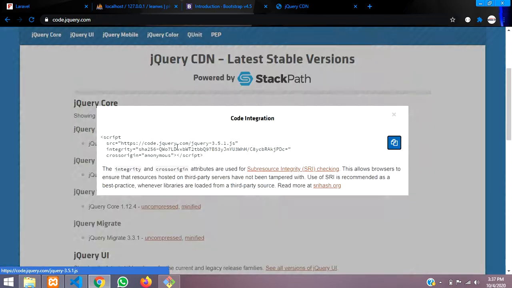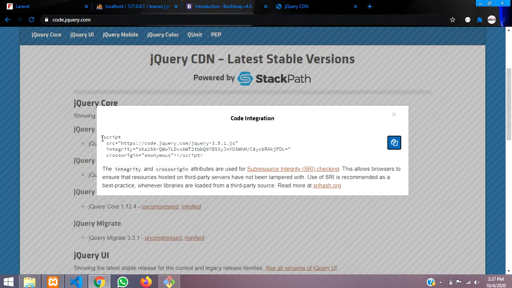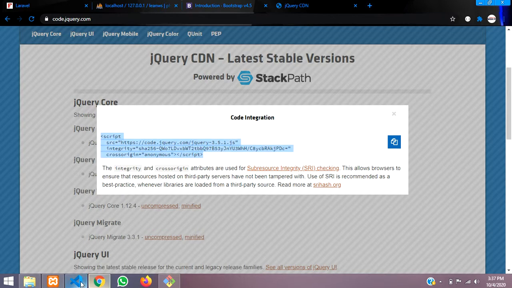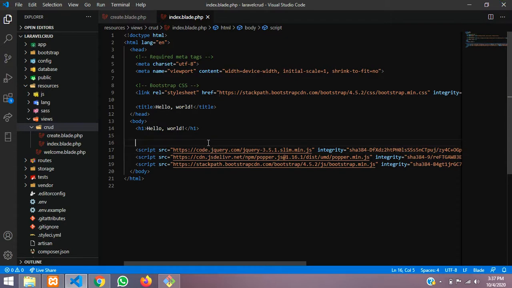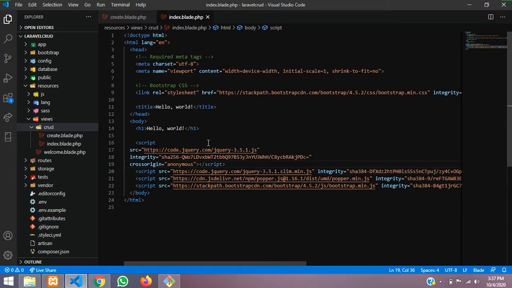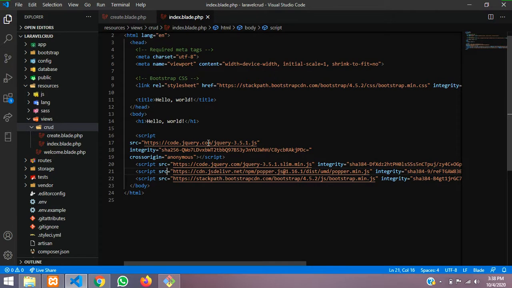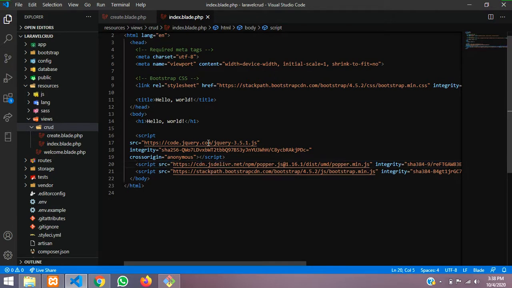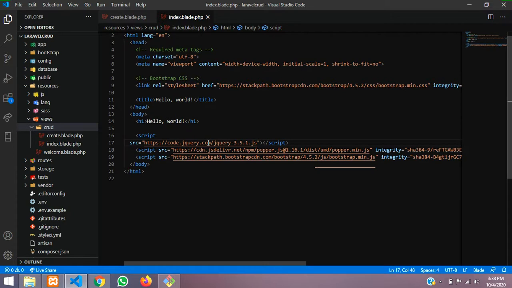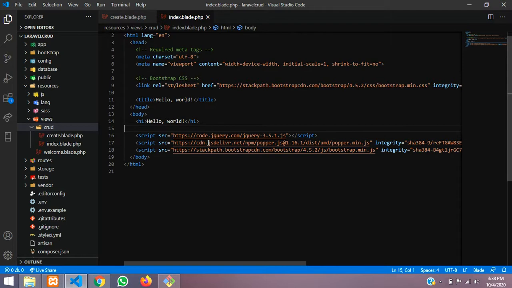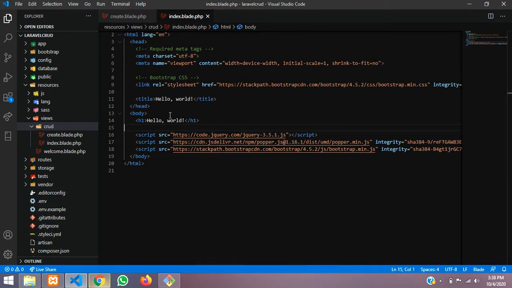Click on minified, copy the script tag, Control C, and paste it over here. Remove the slim.js file, and we don't need all the integrity things. Just arrange the file. Done. Now let's execute this file and see.